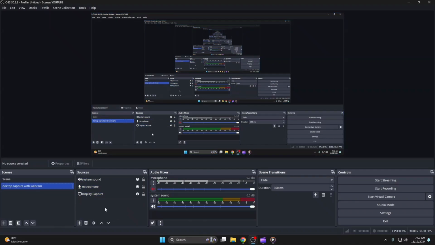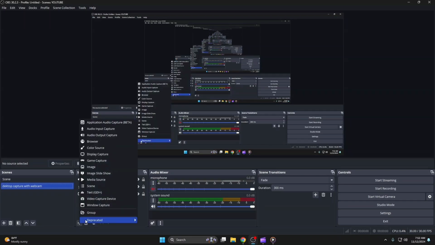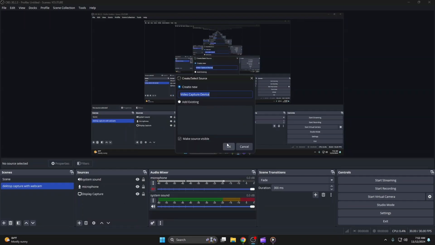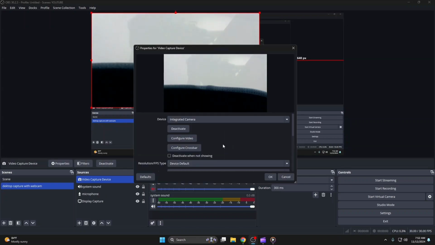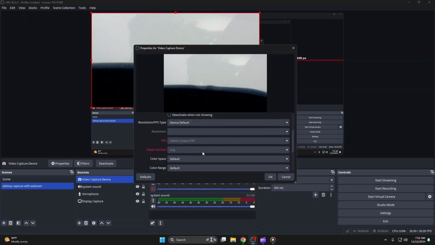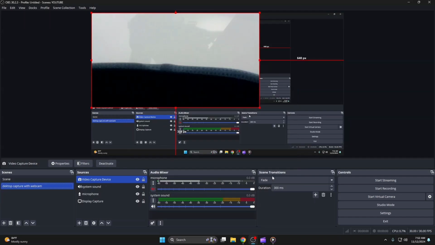I want to add a webcam. Click on the plus icon, and a webcam is a video capture device. Let's select this option. Next, keep the default name of video capture device and then click on OK. This opens up my webcam properties and all the defaults look good. Next, click on OK. My webcam image is now on screen,